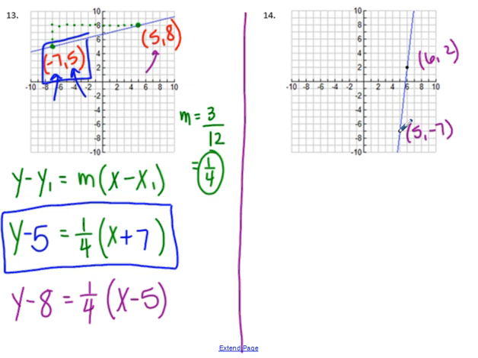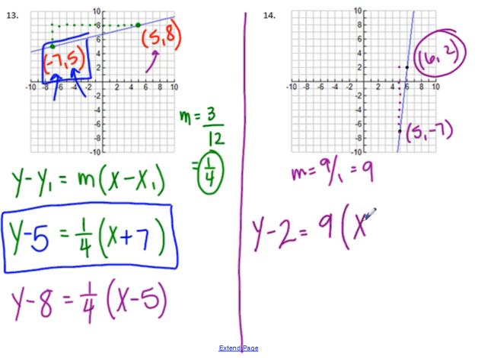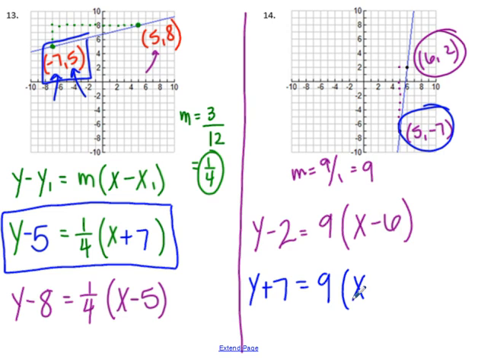The slope means from here, I'm going to go up 1, 2, 3, 4, 5, 6, 7, 8, 9, and over 1. So our slope is 9 over 1, or just 9. So in this case, your two options, if I'm going to start with this point first, I would have y minus 2, because it's a positive 2 for my y, equals 9 times the quantity x minus 6, since it was a positive 6 for the x. The other alternative answer, if you would use this point down here, you would have to have y plus 7, since it's a negative 7 for my y, equals our slope times x, and then it's minus